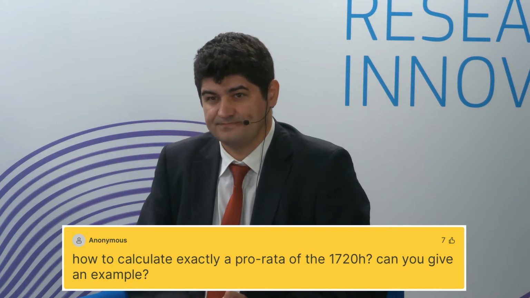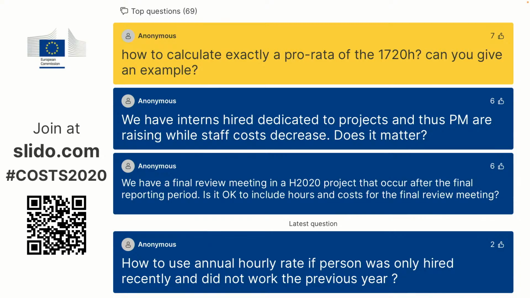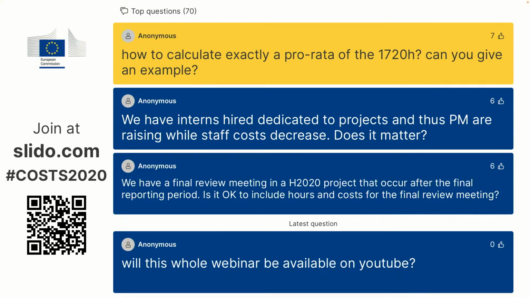Thank you. Next question. We have interns hired, dedicated to projects, and thus PM, I assume, means person months, are rising while staff costs decrease. Does it matter? It might matter. It's not necessarily that it's a problem in itself directly, but it might matter. If during